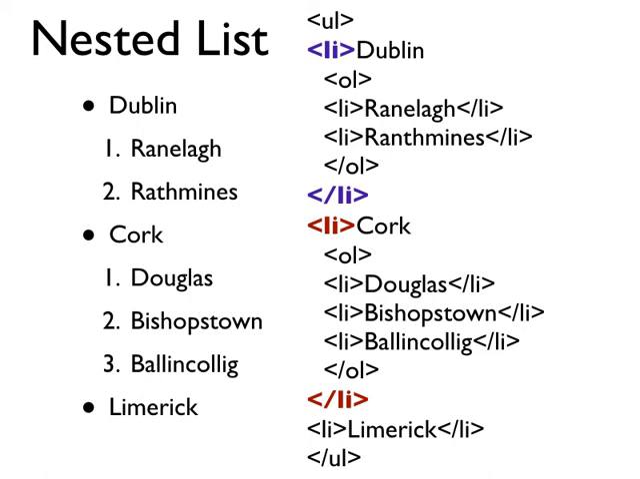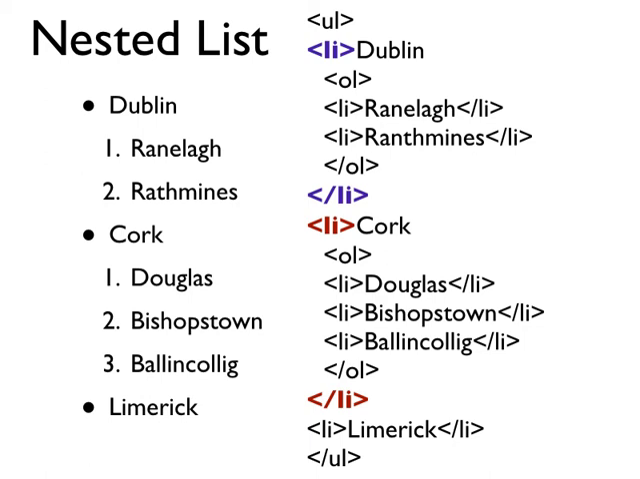So here we have an unordered list box. If we were to start drawing boxes here now, inside that box there are 3 boxes. There's a Dublin box, a Cork box, and a Limerick box. And when we open up the Dublin box, we see inside there's an ordered list box, and inside that